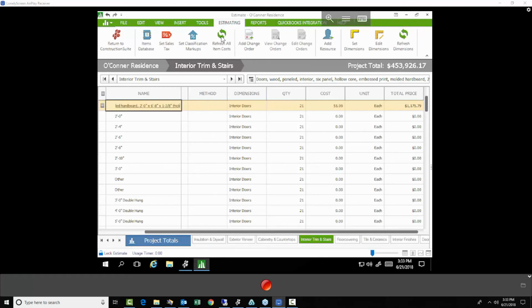Now what that does, again, it's just like with the dimensions. We can go into the cost book, we can update prices. Maybe this is an estimate template that we put together from pricing information here in Auburn, Alabama, and we want to find out how much it's going to cost in, again, maybe Seattle. So in that case, you could actually open the cost book back up again or click on the item. You can change the